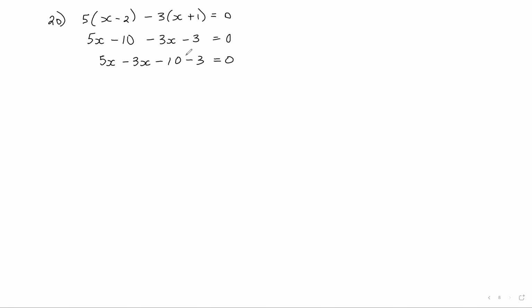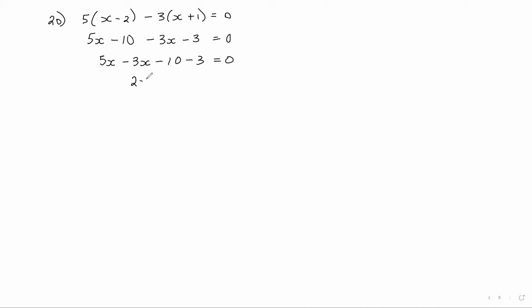The only time that would change to a plus is if you move it to the other side of the equation. Right? So this would be 5x minus 3x, minus 10 minus 3. Right? So then the next line would be